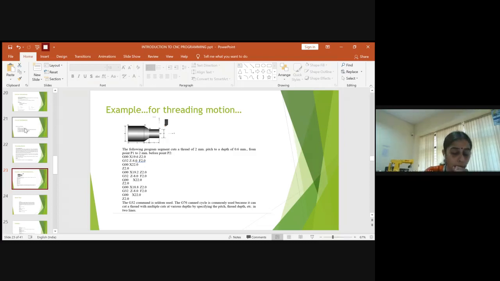So after that, since you're going for threading operation, you will directly go for G32. So once this threading operation is done along the z-axis, you're operating the tool along the z-axis because you need the thread cutting formation. You're not giving any x coordinate value here. Initially, you will give the x coordinate value as 19.6. So it is nearer to P1. So from there, once it is near to P1, this entire distance is 20, but the thread cutting has to come down. So it is given as 19.6.